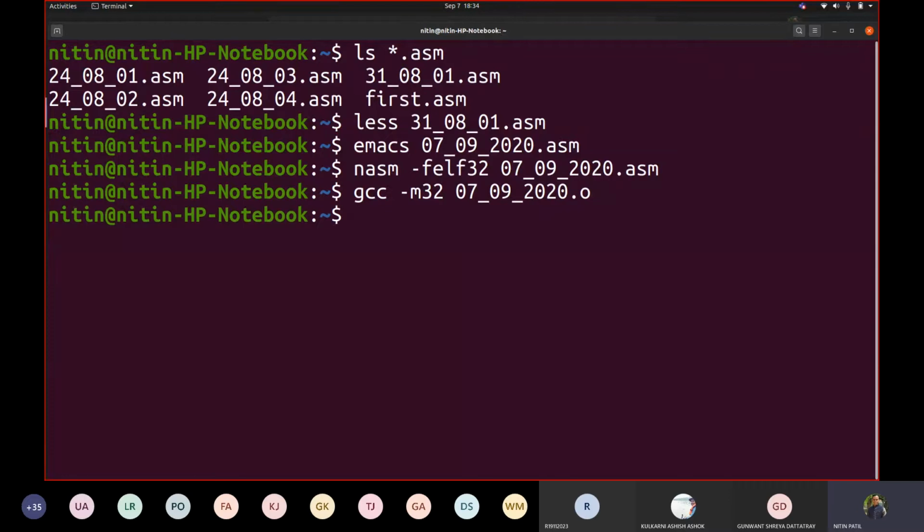Fine. And if I try to execute, nothing can be seen because we haven't used any kind of print statement.